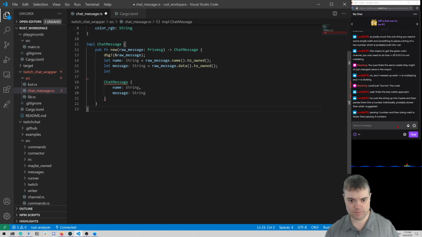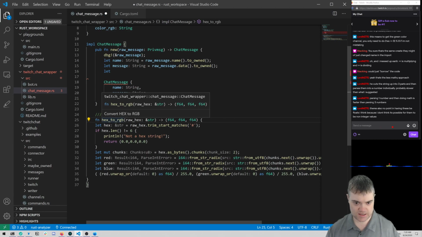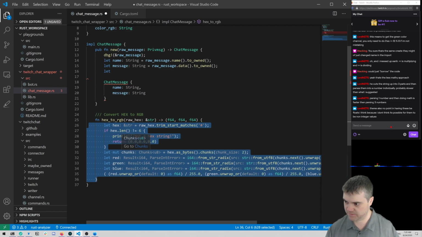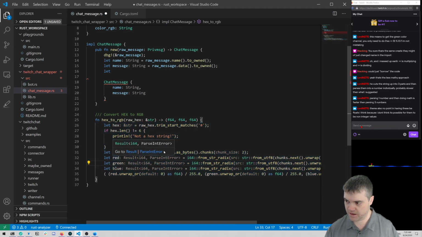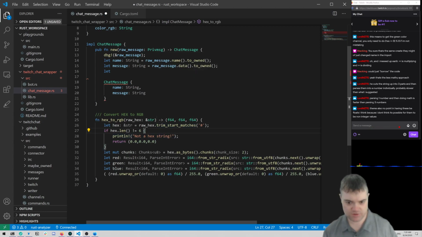So I guess this could actually be implemented inside. Just gonna do a function, hex to RGB. Well, the point of having them be floats might be how I want to use them elsewhere. But because he's bringing them from i64s, there is no chance for them to be floats, which is interesting. I'm guessing the author needed them to be floats for some reason, but yeah, we can just do them as i64s.